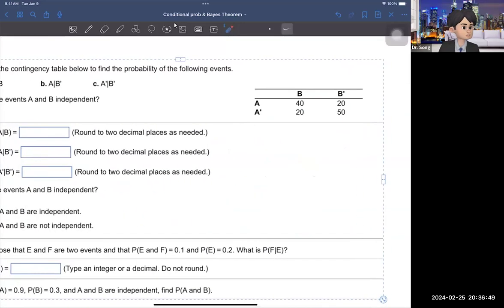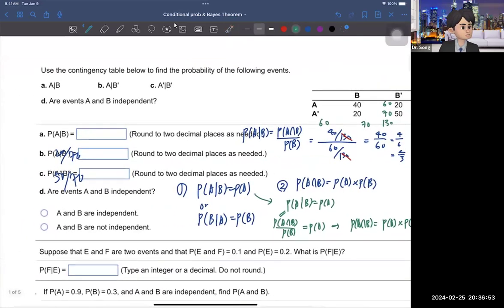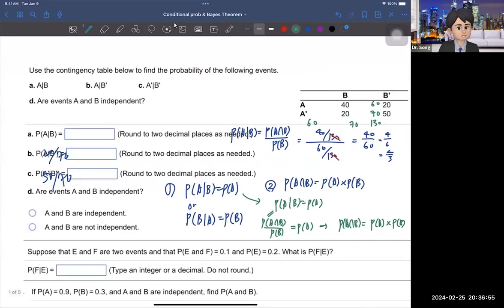So given that, can we check whether these two events are independent or not? And which one do we need to use? It doesn't matter, but in this case, we already calculated this probability A given B. So probability A given B, we found that that is 2 over 3. What about the probability A? So probability A is